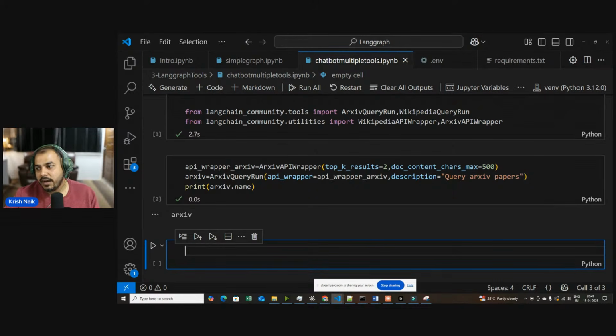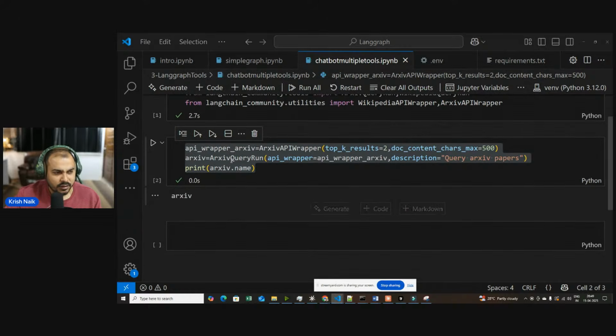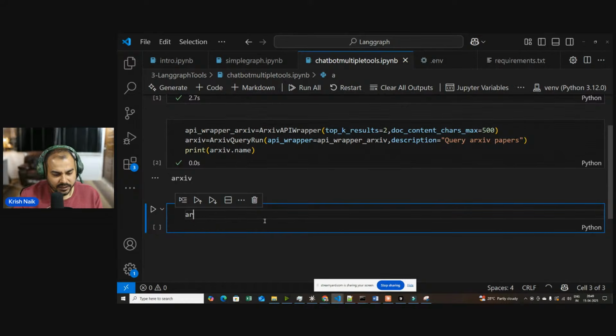Whatever tools I require, we are just creating that particular tool. So arXiv is one of the tools that I have. Similarly, Wikipedia we have also imported over here, so Wikipedia will also be one of the tools. Now let's say I want to use this arXiv tool to do any kind of search, how do we do it? I will write arxiv.invoke